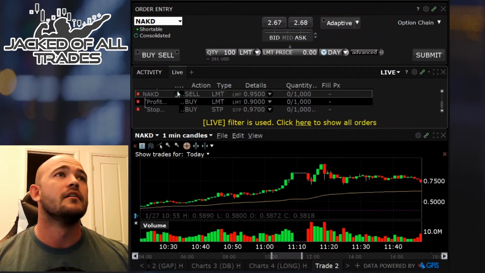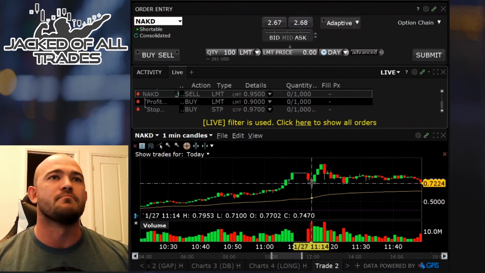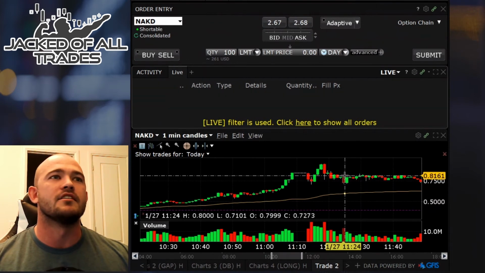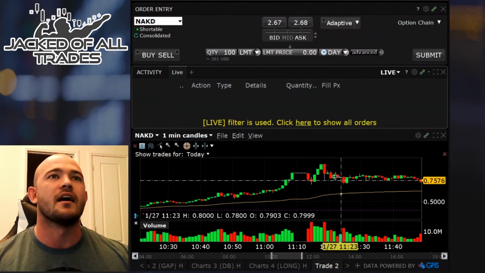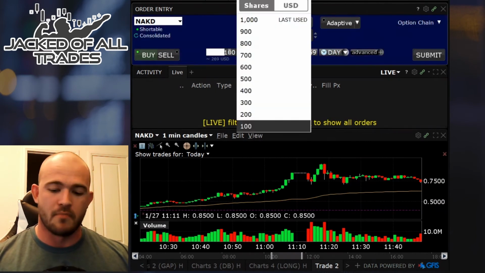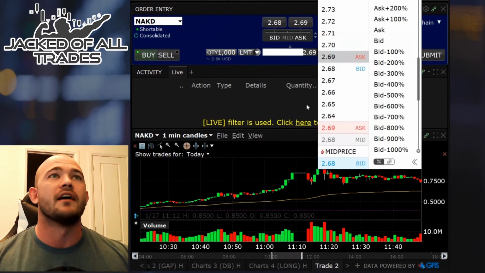Like, if I was trying to dip buy this, for example, there's this base here at, what is that, 71 cents, and then this bar here came right down to 71 cents again. So if I was trying to dip buy this, I might do the same thing, only the opposite: buy 1,000 shares. Maybe I just want to do it just above that. So I'll go